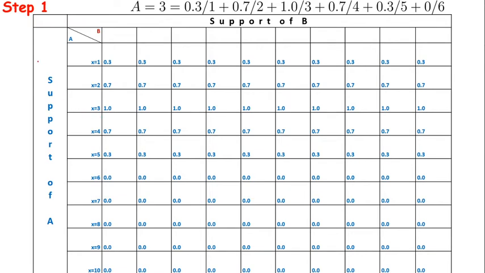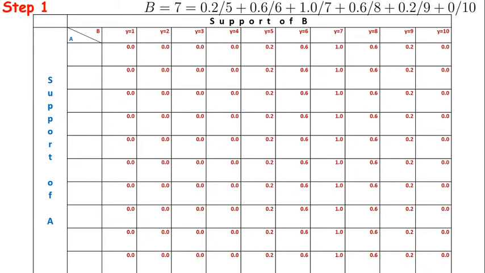For doing this, in the first step we create a table, and in support of A we create as many rows as possible. For example, you can see here the element 1 membership function value is 0.3, so we put 0.3 in our first row. In a similar way, for element 5 we got membership function value 0.3, so we put 0.3 in this fifth row. In support of B, we create as many columns as possible,